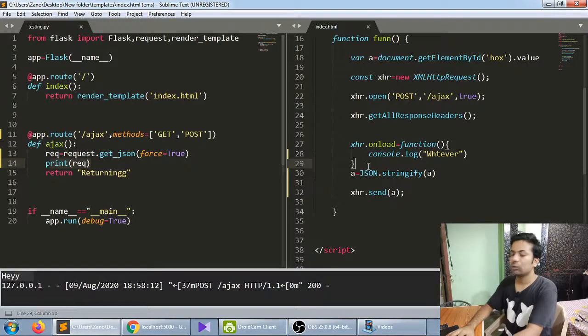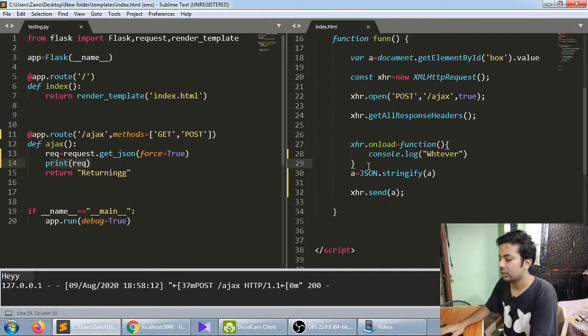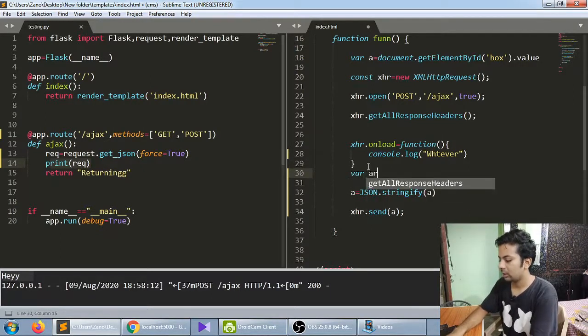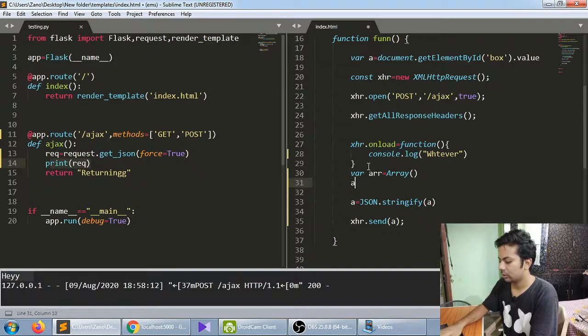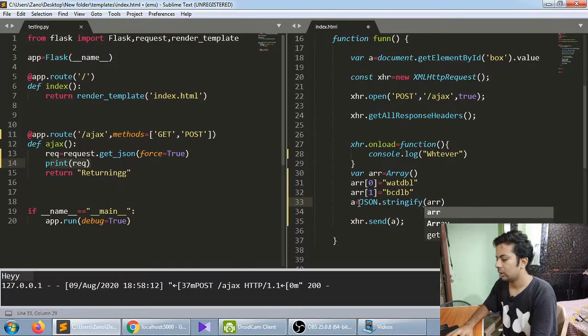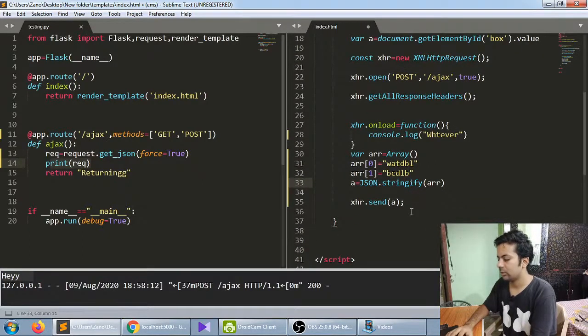So suppose you want to send multiple strings or JSON data, what you can do is take a variable arr equals an array, and you can make arr at the zeroth element whatever text, like get element by id, and the same for arr one, whatever you want to send, and here you just do arr, and yeah, this is basically the step.